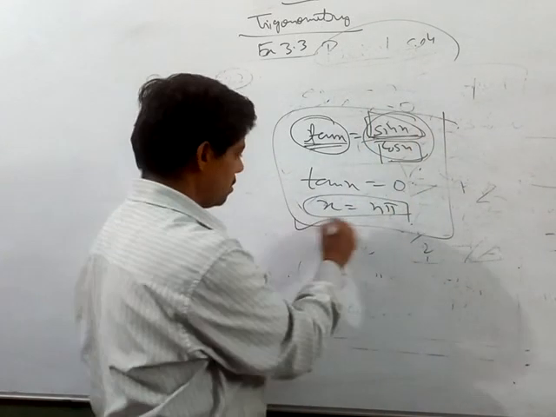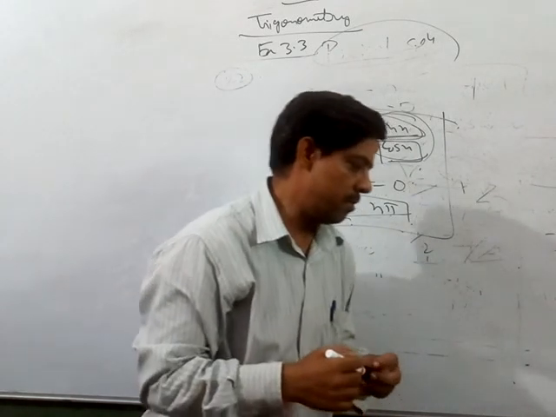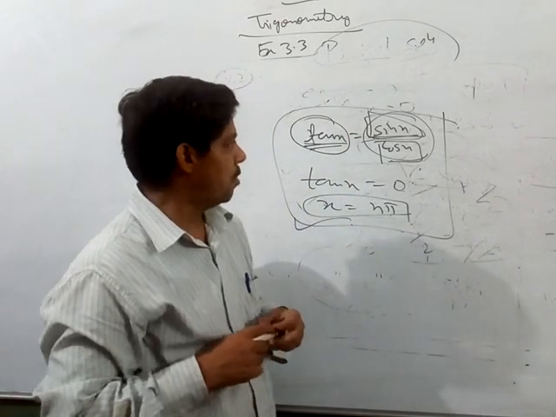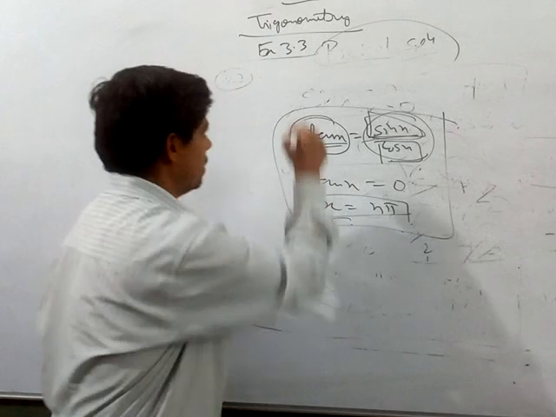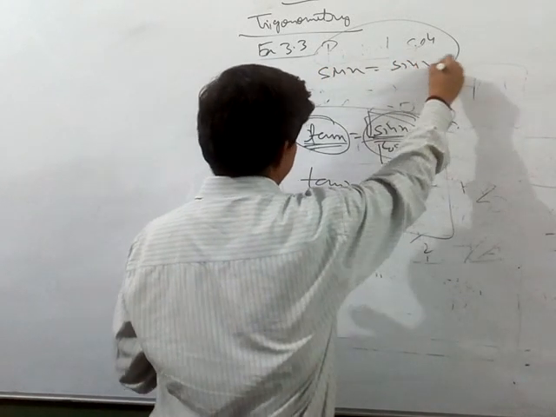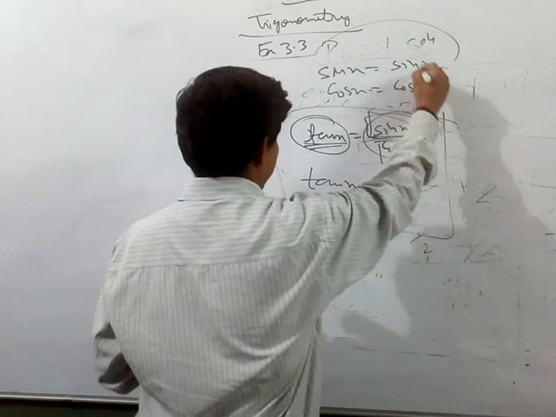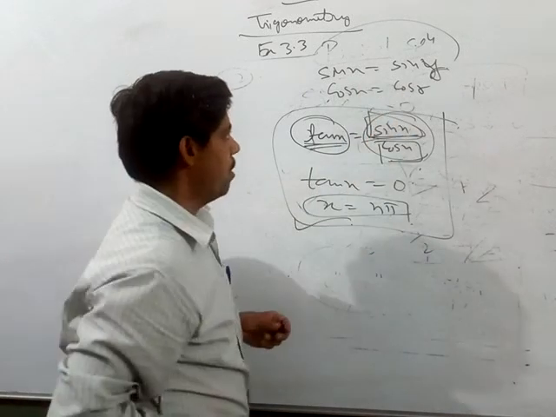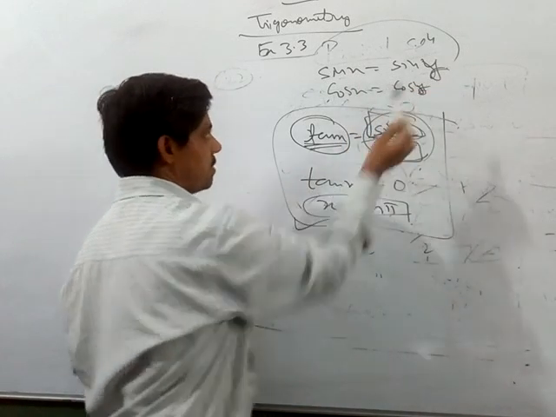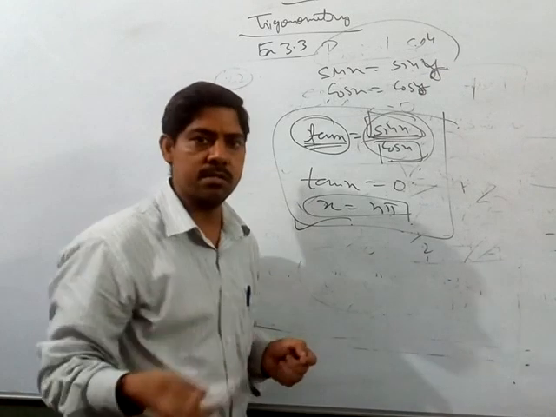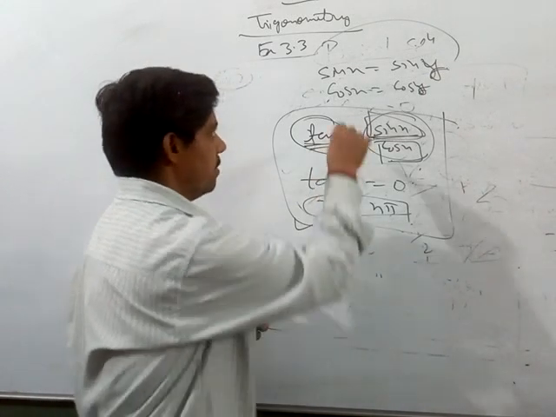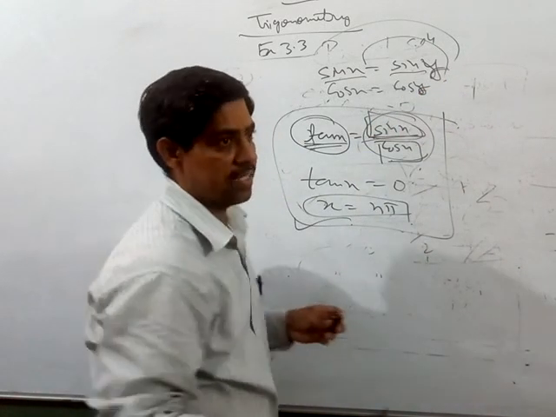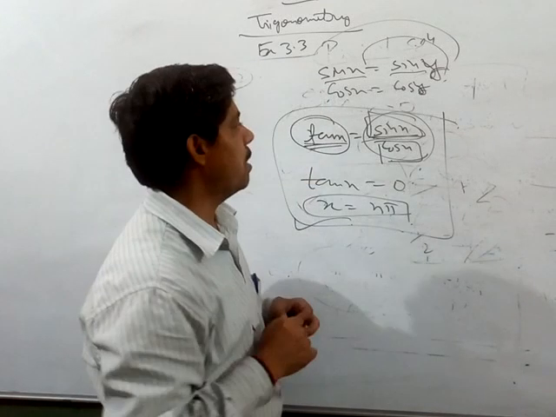So this is the introduction to trigonometric equations. You have to complete this, and you have to read the examples also. In the next class we will be doing some theorems related to sin x is equal to sin y, cos x is equal to cos y. Now in lower classes you have understood, whenever sin x is equal to sin y, you directly write x is equal to y. Whenever cos x is equal to cos y, you write x is equal to y. Tan x is equal to tan y, you write x is equal to y. But in this class, whenever sin x is equal to sin y, you will not write x is equal to y. You will write a relation between x and y, and that is what we are going to look at in the next class.